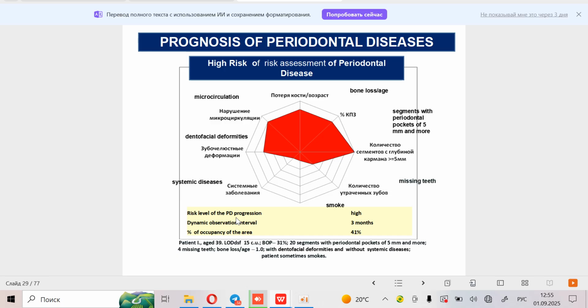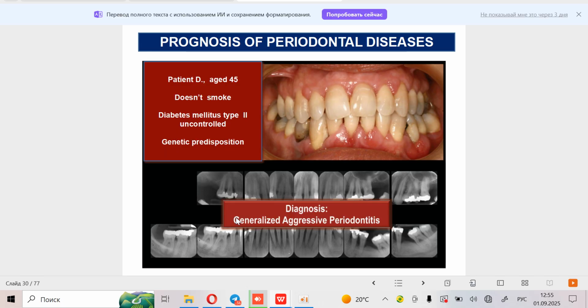This patient has dental facial deformation and no systemic diseases, and the patient sometimes smokes. And now we see high risk, red color of the risk. And of course, this is a poor, red